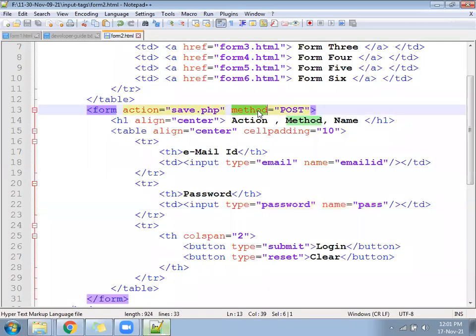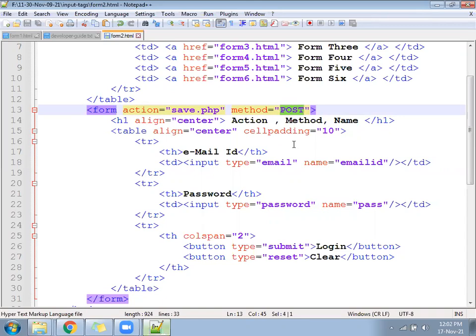That is called method. On the internet, if you read, method is nothing but, you will get the details about this. Call it post. Post is a global array. Global array is a programming term, leave that aside. Method means it defines two types. Method is of two types. It is going to define the type of security level.